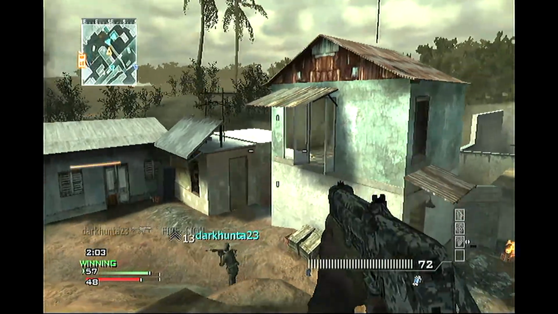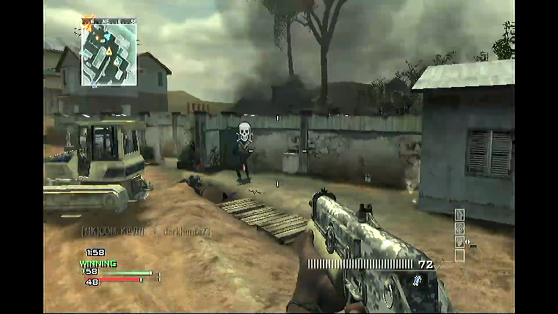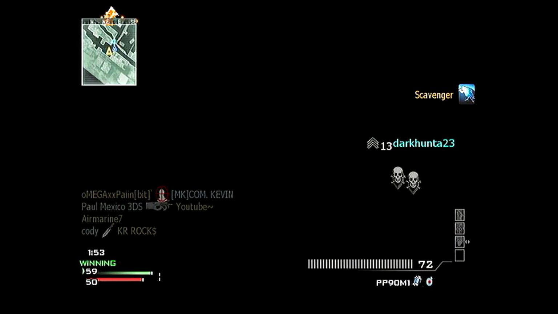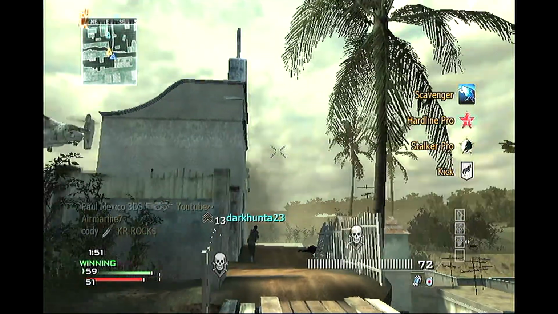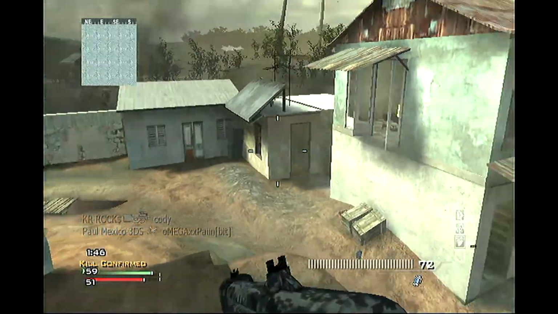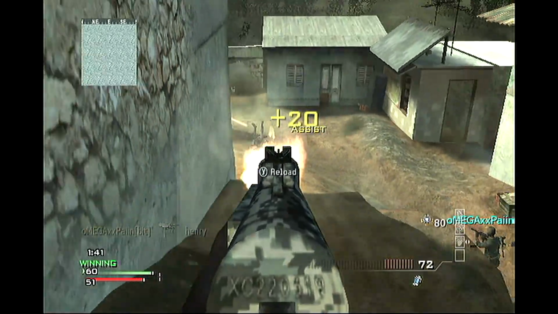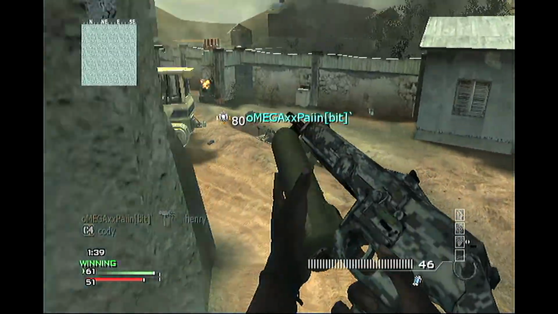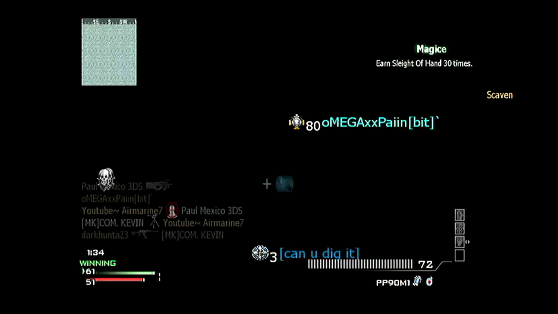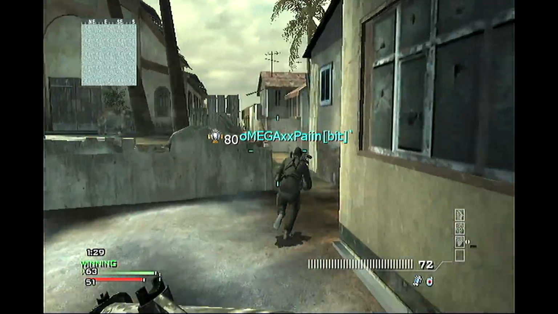Long story short, I just started using his class setups, and marksman really helps if you have a submachine gun. Before I was using stalker, and I was thinking to myself, why doesn't he have stalker on his MP7 class? And then I was like, oh, you don't really need it, because